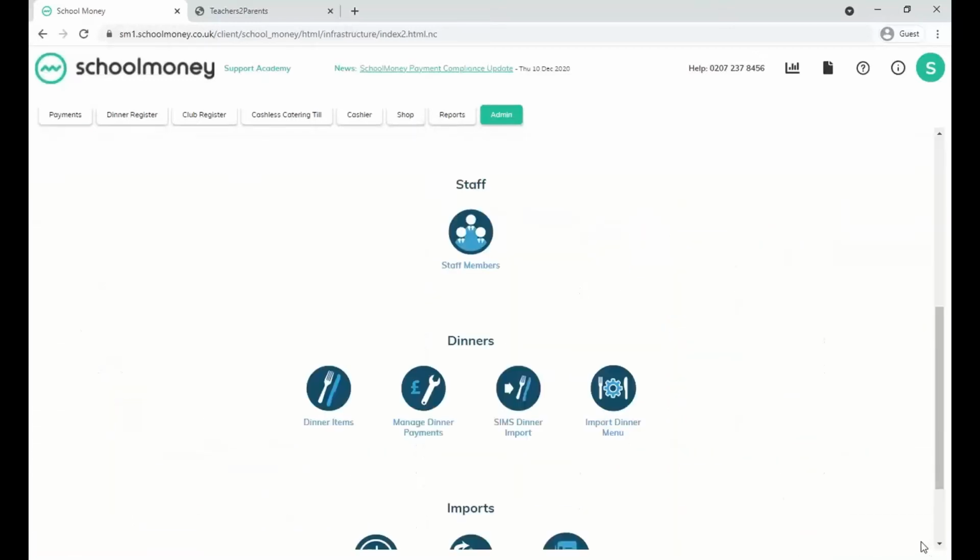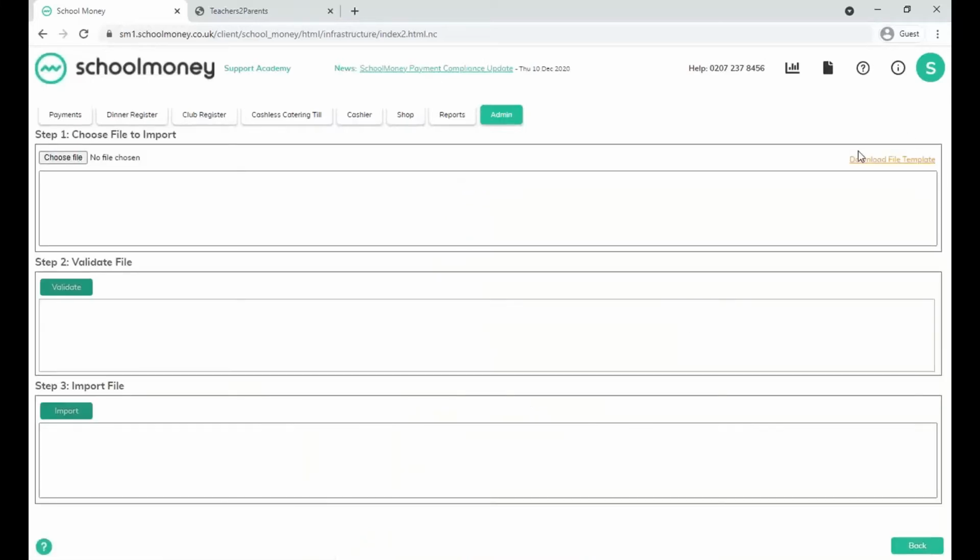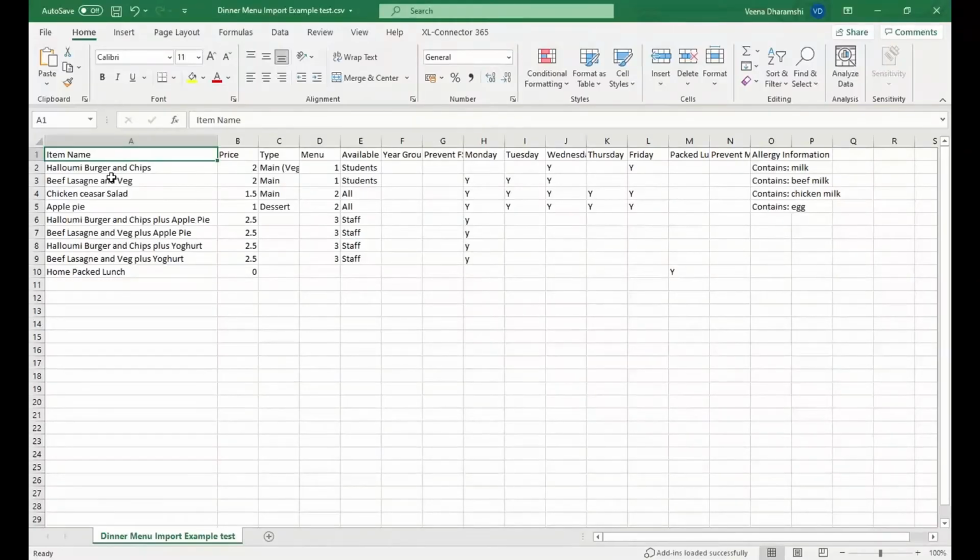If you're not quite sure where to actually get the spreadsheet from to record your menus on, it's in this section over here, import dinner menu. And you need to download this file, which is a spreadsheet that you can complete. So if I just show you my spreadsheet, you need to add in the item name, the price,